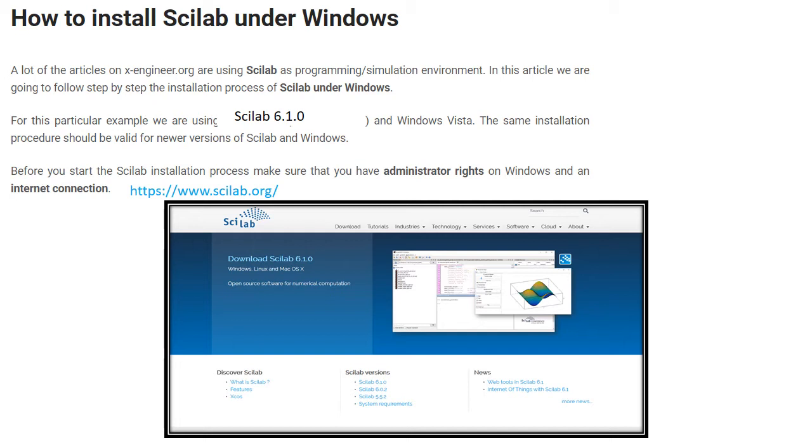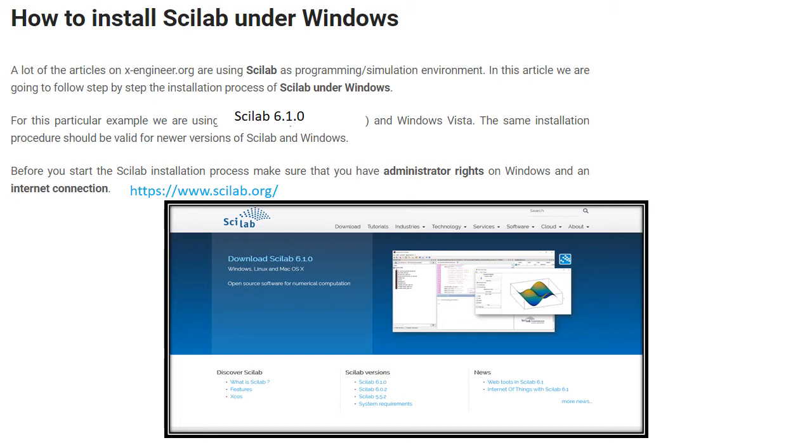We have already studied in theory that Scilab can be installed in any environment. Environment is nothing but the operating system. Whether it is Linux, Windows, or Unix, Scilab can be installed on any kind of operating system. Many of you will be working in a Windows environment only, so we are going to install 6.1.0 under Windows.